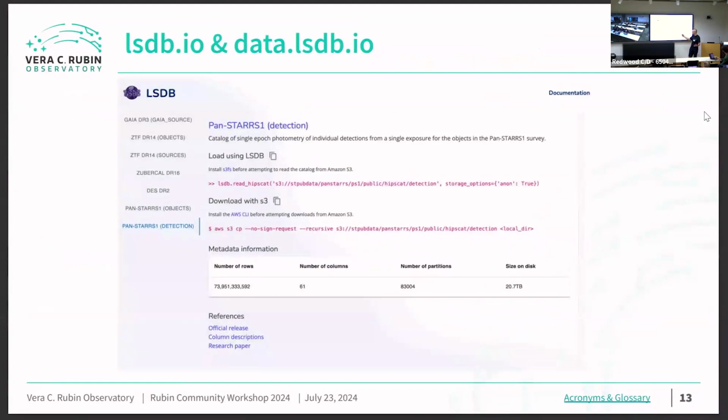For instance, this is PanSTARRS, it's 20 terabytes. You can download that if you want, but you can also just use it on demand. And remember what I was saying about how the format is set up. If you just want some part of the sky or some columns, that's very efficient, because you don't have to load the entire data set. You can be loading just that one file. And then we have, of course, a lot more documentation. Notice this is on AWS buckets, and this is part of the Open Space initiative, which enables you to use that. This is courtesy of Space Telescope.